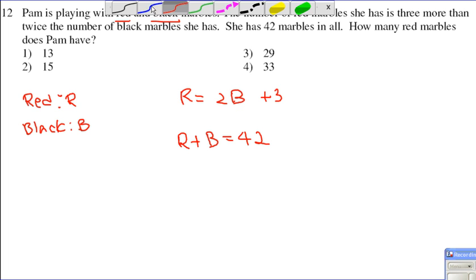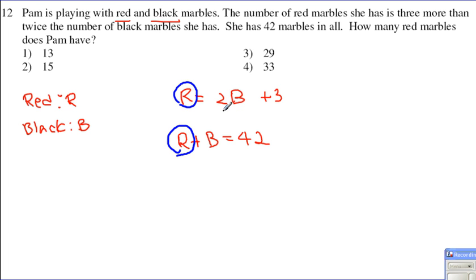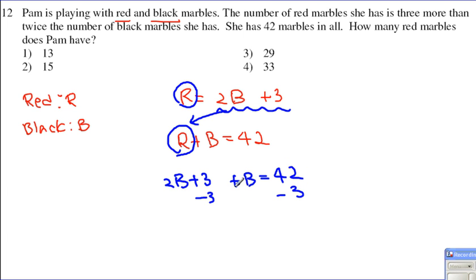Now notice that here we have R and R. That means this expression can be plugged in place of R and we will get our answer. So our new expression would have been 2b plus 3 plus b is equal to 42. So as we subtract 3 from both sides, and 2b plus b becomes 3b, which ends up being 39. Therefore b must be equal to